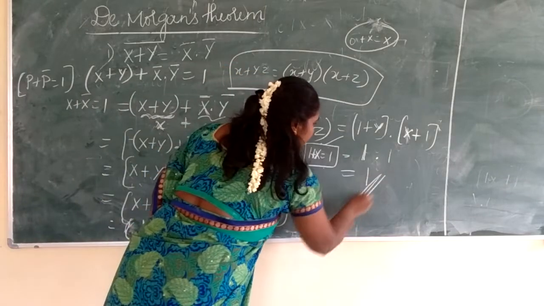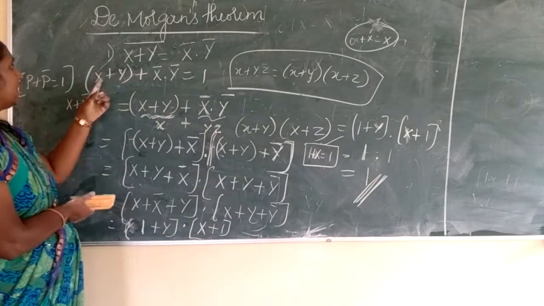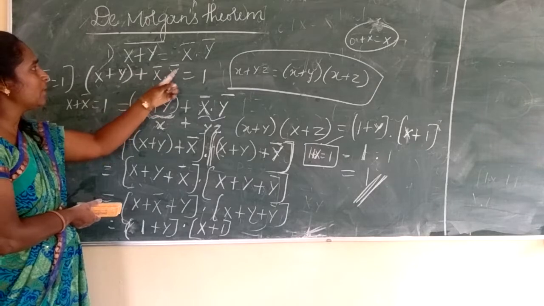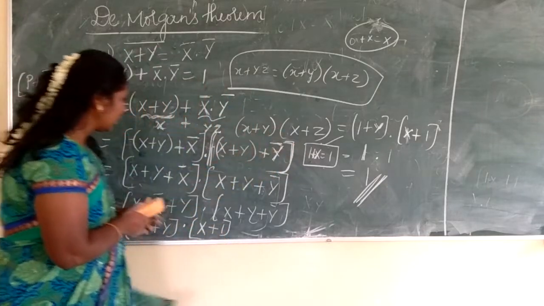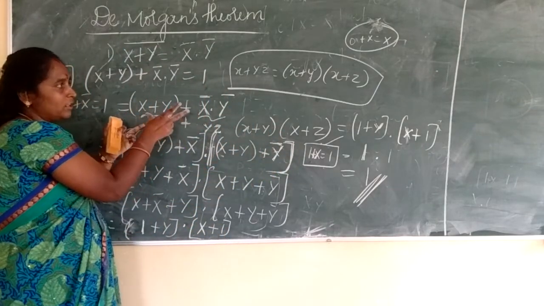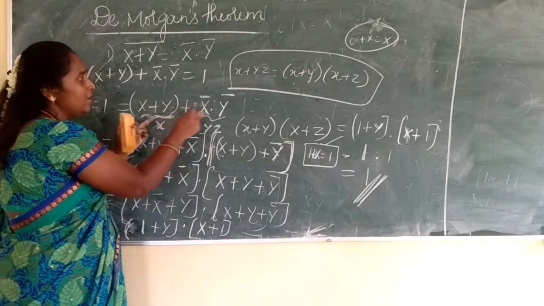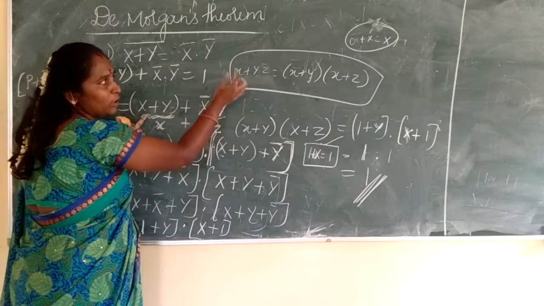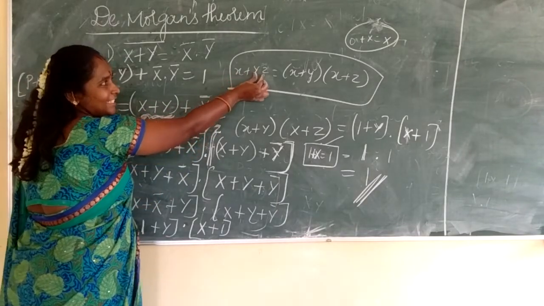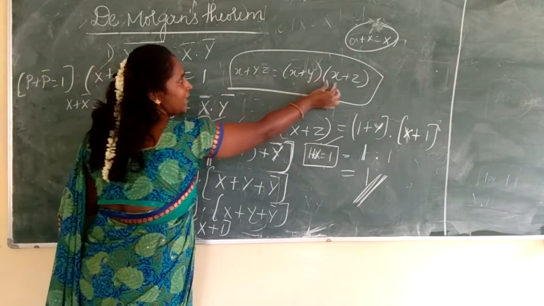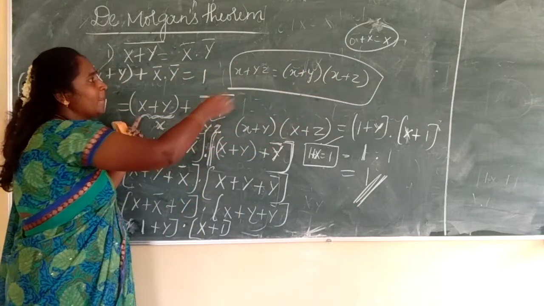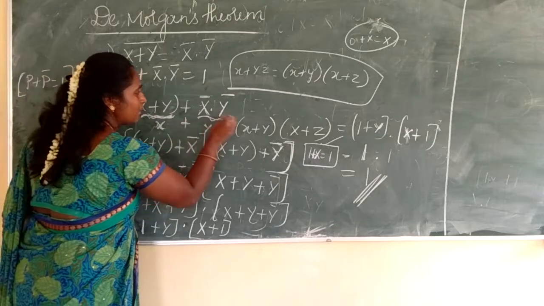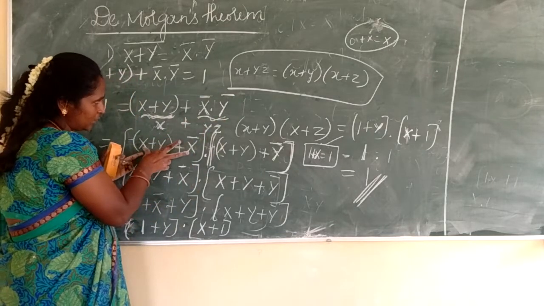I have proved that one, this thing, that is x plus y plus x bar y bar is equal to 1. Once again I am explaining. Take the distributive law. I am using this distributive law. What is my distributive law? X plus yz, that is nothing but (x plus y) into (x plus z). Just now I will explain. Consider this term as x, this term as yz. So I am grouping this one. X plus